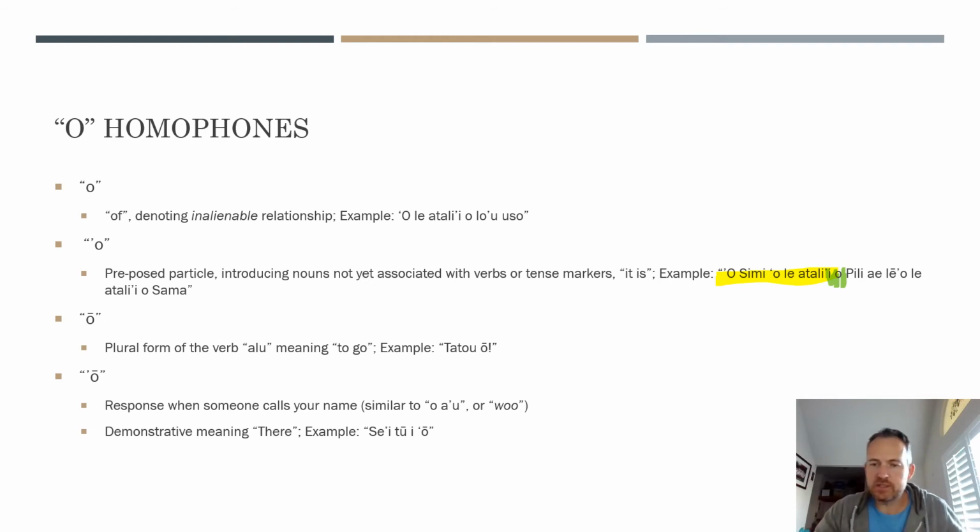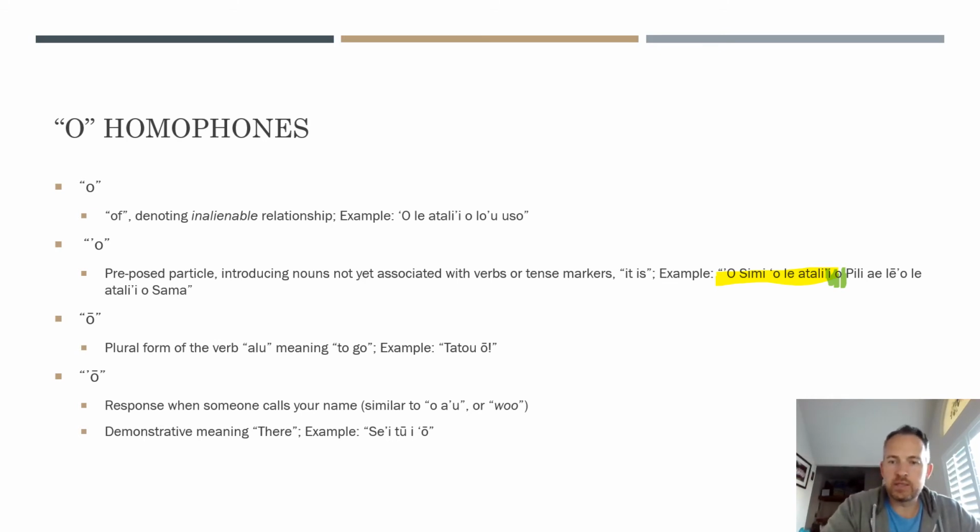So, a lot of O's. We have two O's in there: the noun introductory O's, and the 'of' O's. But you can see that I have no real verbs in this sentence. This is all just a big complex noun phrase with ofs in it. But it all works. It's a full sentence in Samoan. It looks kind of complicated, but that's why I picked it as an example. So hopefully that makes sense. Let me know if you have questions in the comments.